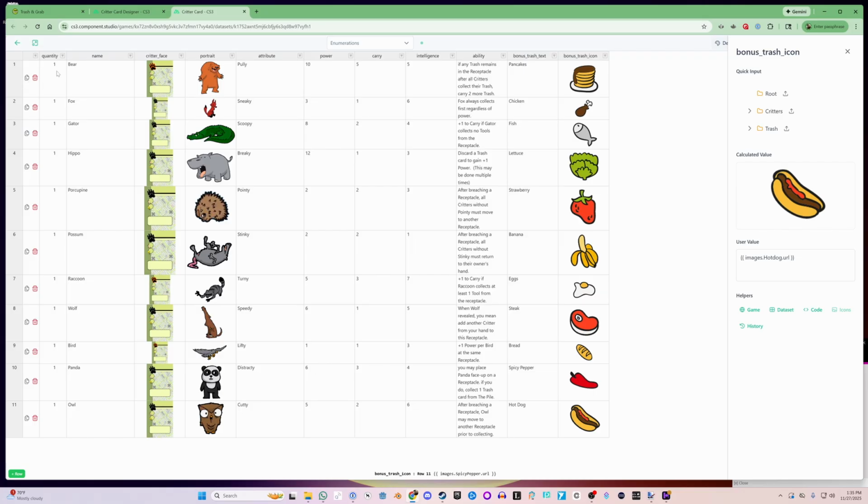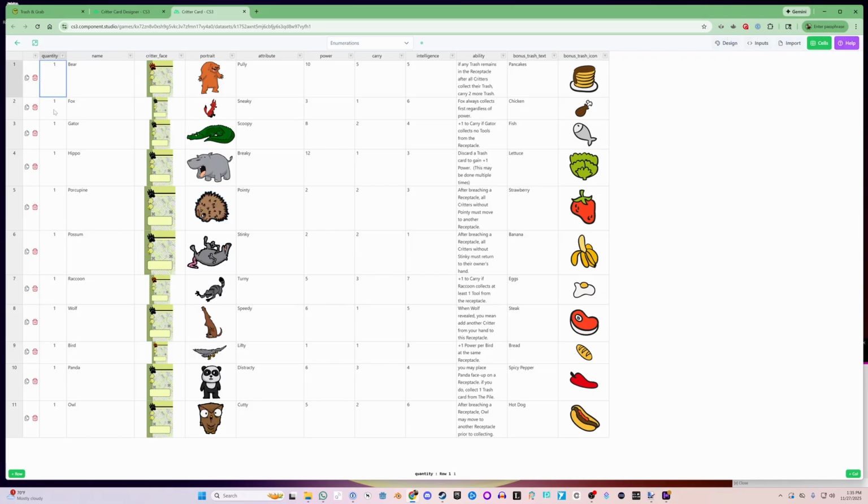This time we'll be setting up the trash cards for the game that use a different card size than the critters. It's basically the same process, we just need to set up a new design and select a different size template. Before I get into that, I just want to share a tip I learned from JT himself, the creator